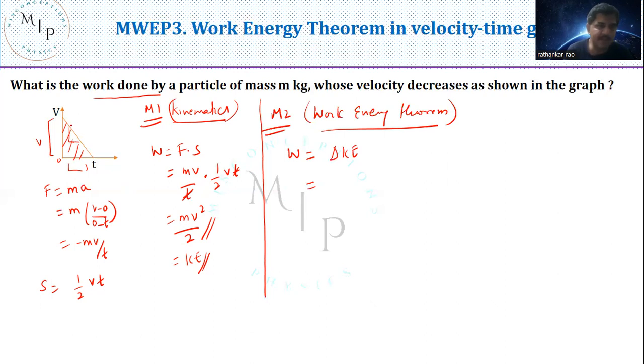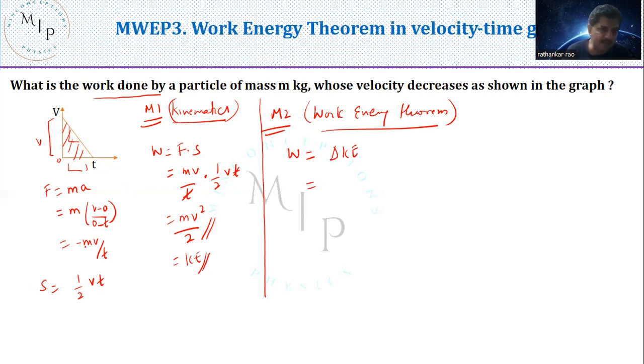Some students make a mistake, saying that the particle is moving like this, it's sliding like this. It is not sliding. Don't consider sliding. I am not describing any particle here. I am just saying the velocity of the particle initially was so much, finally is so much only. So as a result of it,